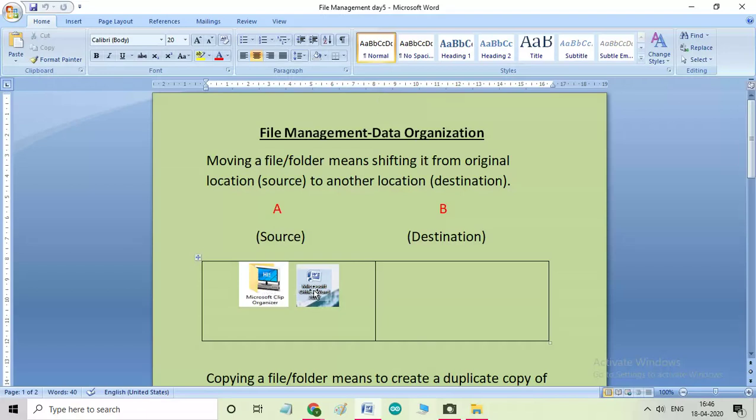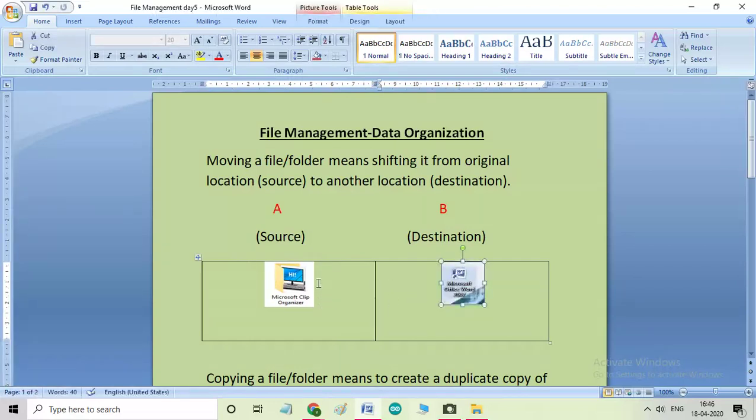Once you take a file or folder from this place to another place, you will not get the file or folder in its original location. Just now I have moved my file from A to B, from source to destination.